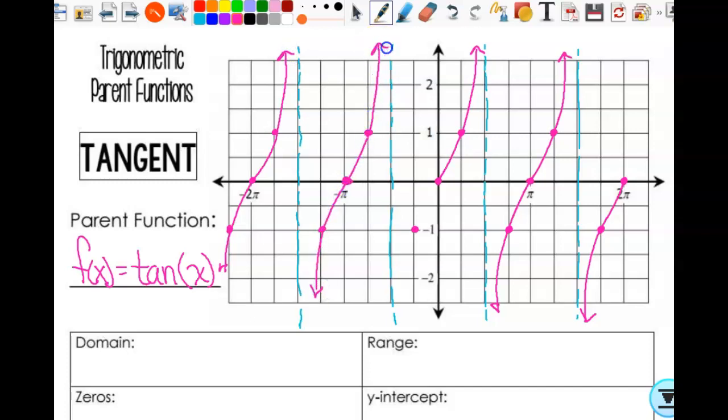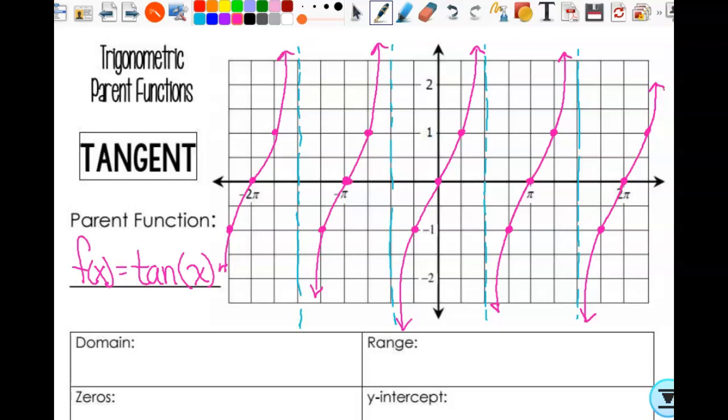So very different than sine and cosine, right? It's still a periodic function because it's repeating, but it doesn't oscillate like sine and cosine do. And I cannot write the equation of this in the form of sine like I could with cosine. All right, other than looking completely different than sine and cosine,